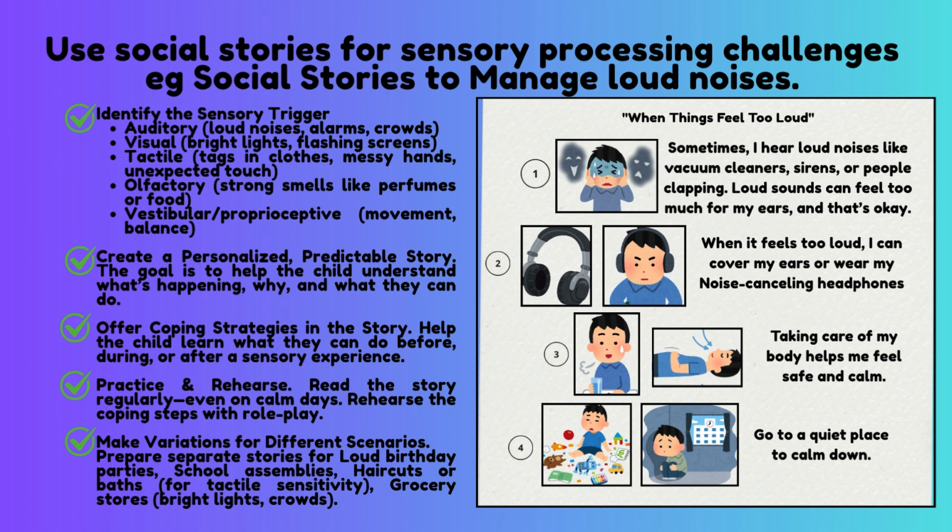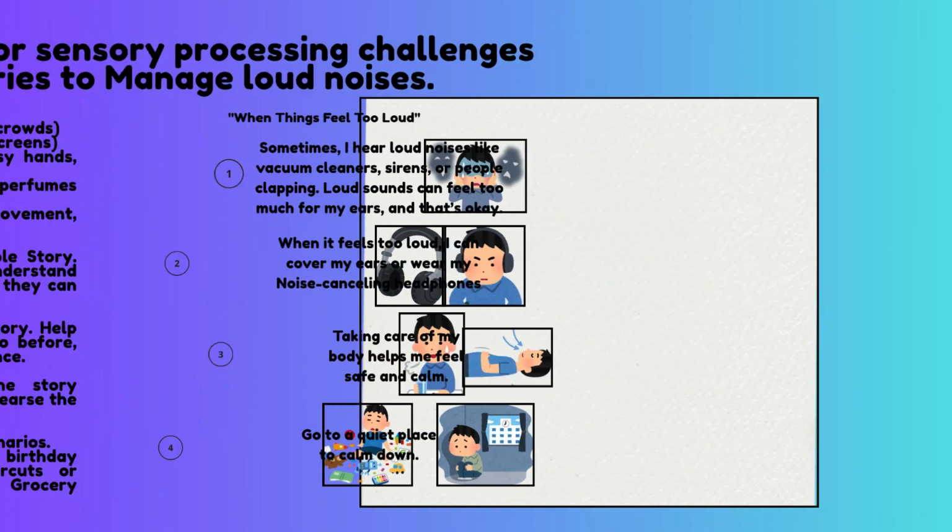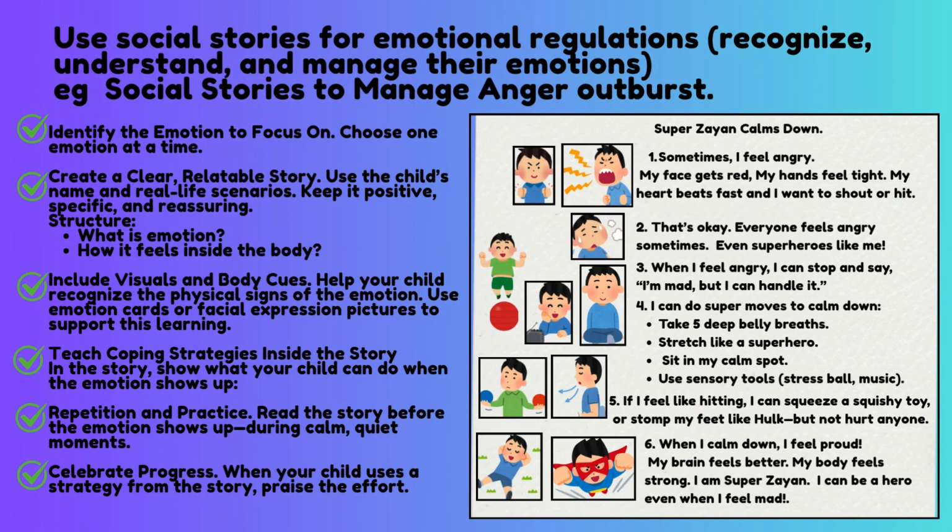This reminds me of something else that I saw in the sources about emotional regulation, which we all struggle with, especially as children. Right. So how can we use social stories for this? So imagine a child who struggles with anger outbursts. A social story can help them identify the triggers that lead to those outbursts, like feeling frustrated or overwhelmed, and then offer strategies for managing those emotions. Like what would those be? Things like taking deep breaths, counting to 10, expressing their feelings in words. So it's like giving them that toolbox of strategies to use. Exactly. It's giving them a plan for how to respond in those moments.